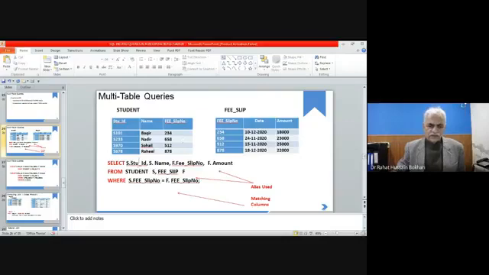So I have given alias S to the student table and alias F to the fee slip table. It means that I can use S dot student ID for getting the student ID from the student table. S dot name, we are getting the name from the student table. Then the fee slip alias is F, so I can say F dot fee slip number. Amount is also coming from the fee slip table, which has alias F, so I say F dot amount.